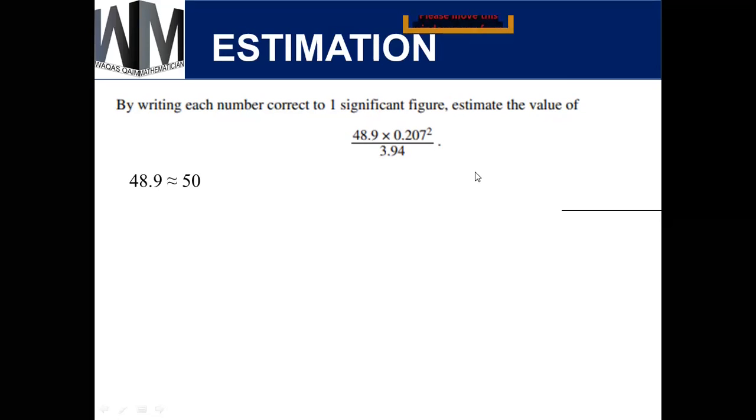Okay, now 0.207 will be written as, right Azam, 0.2 or 2 by 10. So 0.2 can be written in the form of a fraction, which is 2 by 10. And 3.94 will be written as